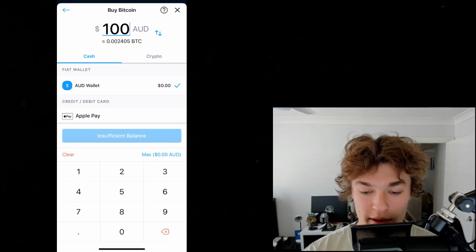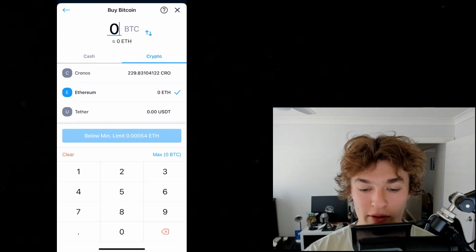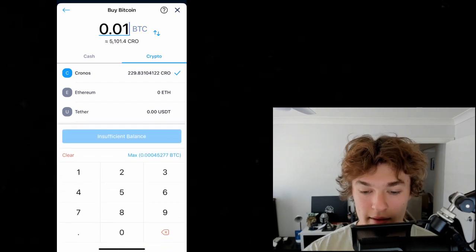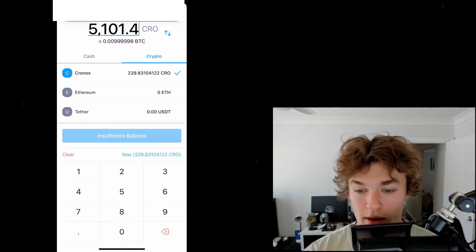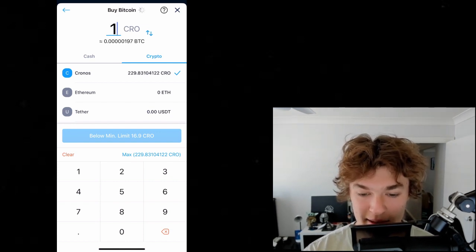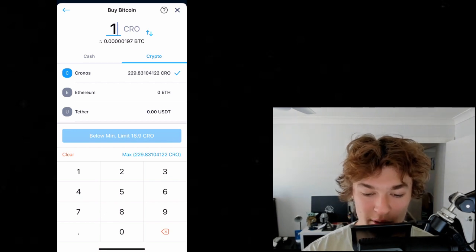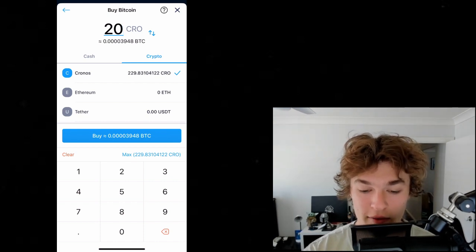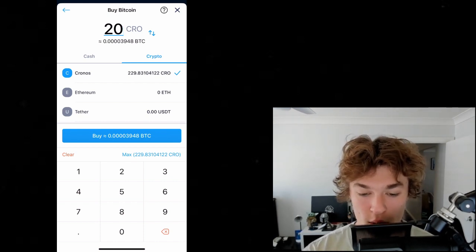But we do have a little bit of spare crypto in our wallets right now. Say we wanted to buy some Bitcoin using Crow, so we just select Crow, and then we go down. We'll switch the Crow. Say we wanted to swap, let's just say 15 Crow. Oh, it needs to be at least 16.9 Crow. Okay, let's say we wanted to swap 20 Crow to Bitcoin because we might have deposited Crow from Binance, as we were saying before. And then we just go buy,